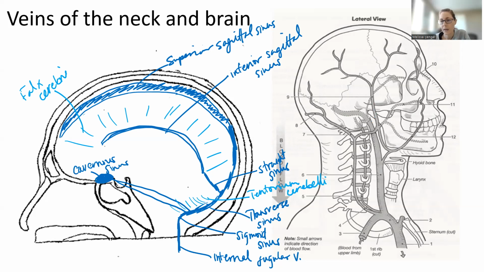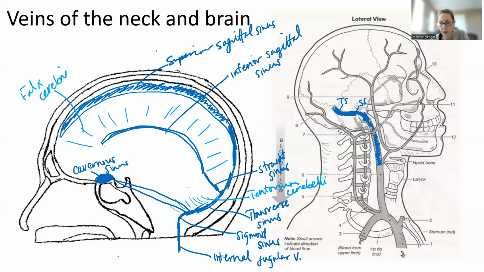On this coloring page here, we see some superficial veins that are draining the head and the neck area. And then we see this inside of the skull. That's the transverse sinus leading to the sigmoid sinus right there. And I'm just going to abbreviate transverse sinus, sigmoid sinus. Okay. Once the sigmoid sinus goes through the jugular foramen, you're going to see this really super large